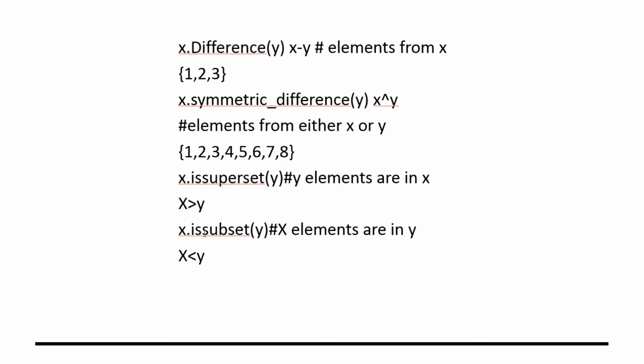In the same way, you can check x is a subset of y. Here we are declaring the set x as a subset of y. Then obviously the value of x is less than y, because here y is your superset. Here x is our superset, here y is our superset. So y will have more elements than x. Here x is smaller than y, and here x is greater than y. This is the way you can check whether one set is a superset of another set, or one set is a subset of another set. This is the symbol we can use.